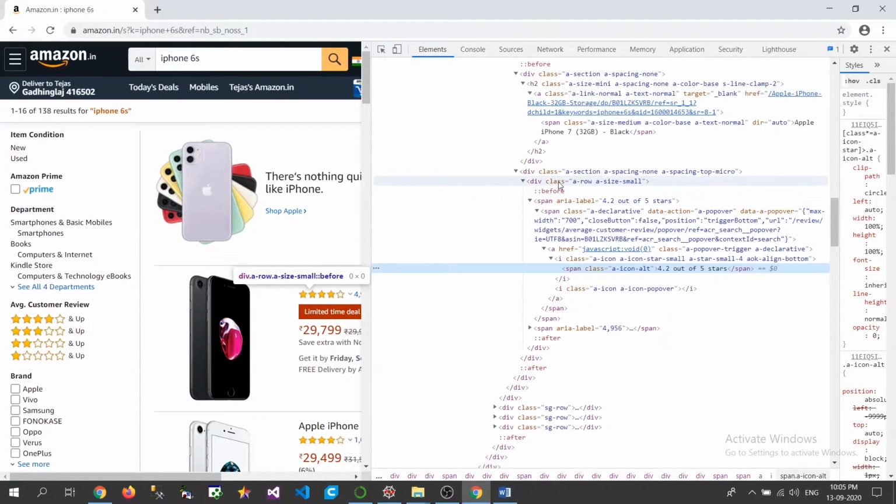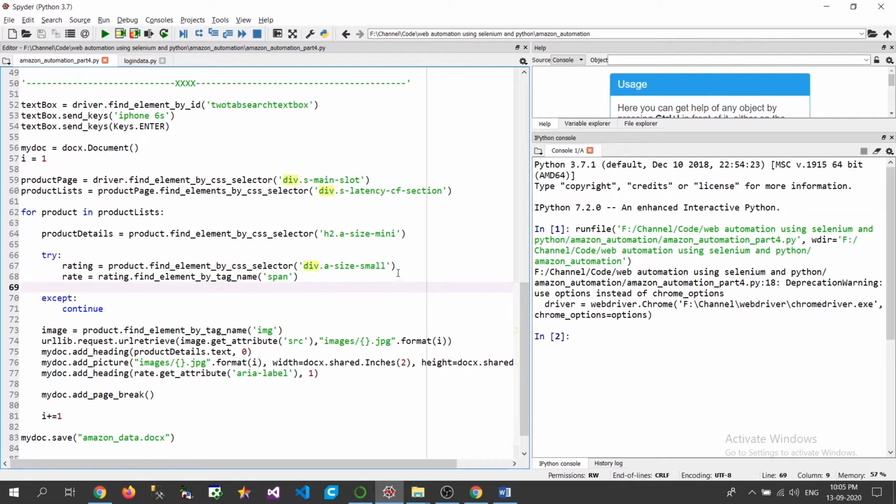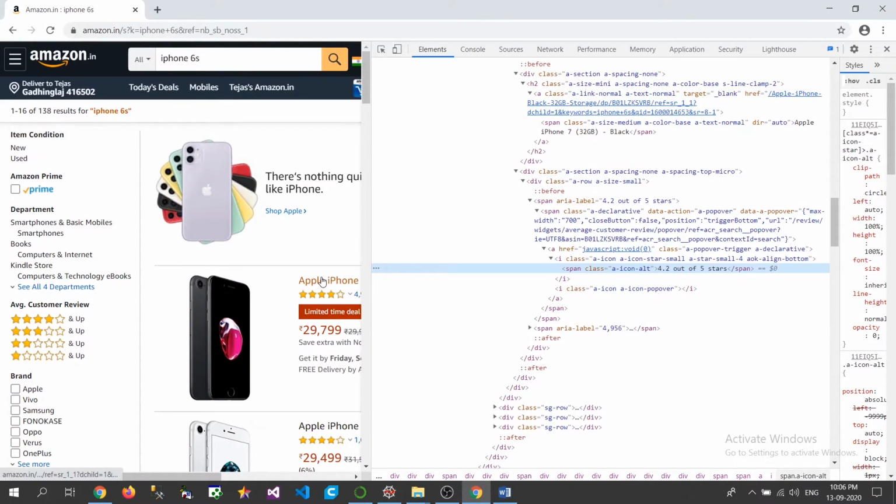So I've used this div element with the a size small class to get the instance of the rating, and then I have used the inner element, that is span, after accessing this rating, and then I have stored the instance of that particular tag in this particular rate variable.